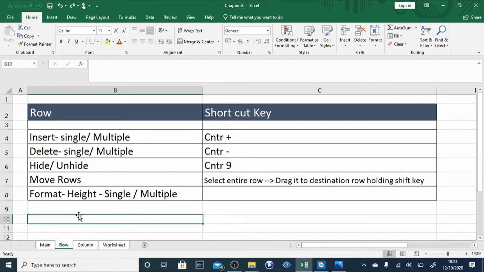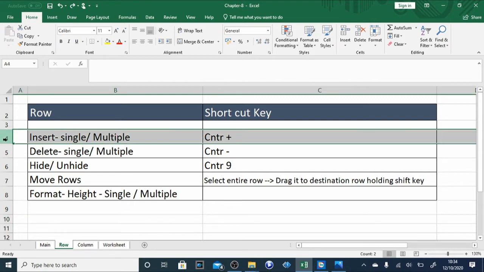Now I'll show you another command for the rows, that is move rows. How do you move rows from one place to another place? I'll give you, for example, this row number 4 here. I want to move this row in between row 6 and 7. What I need to do